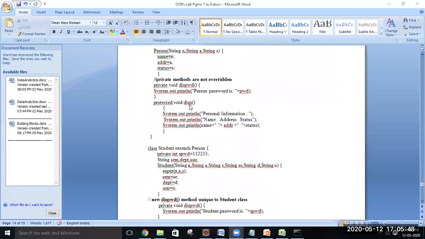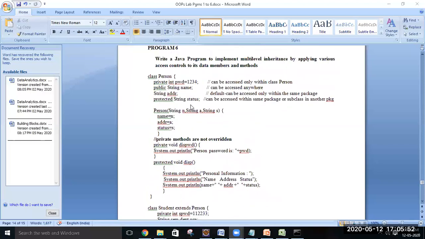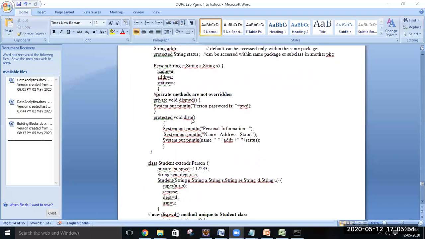Then we have another method inside the person class, which is the display function. It is declared as protected. So the meaning is that this display method can be accessed by any of the child classes of person, and even if it is in a different package, it will be able to access it if there is a parent-child relationship.